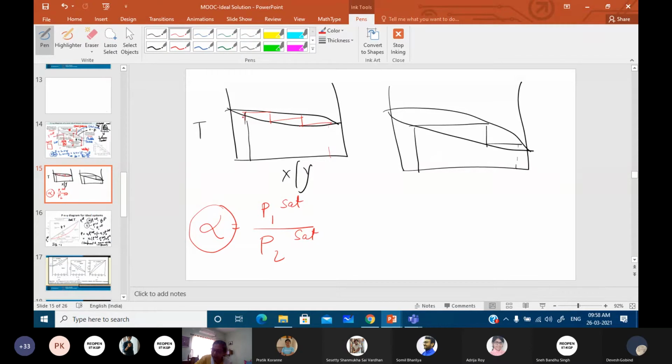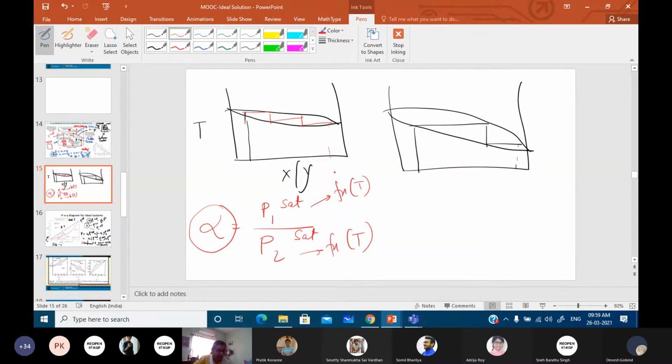So suppose this TXY diagram is not available, but you are given that the relative volatility between benzene and toluene is say 2.5 or something of that sort. Now, one thing is this alpha is a ratio of these two. We know that this is also a function of temperature, and this is also a function of temperature. Fortunately, their ratio is a lesser function of temperature, so this can be taken to be constant over the entire temperature range. So either you are given this TXY plot or you are given this alpha value.